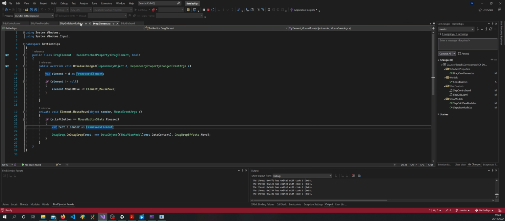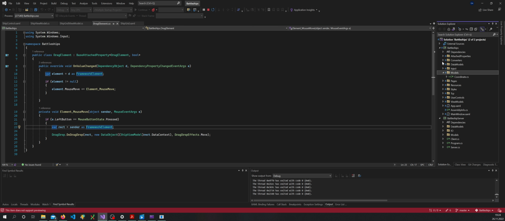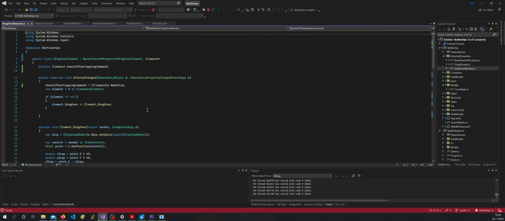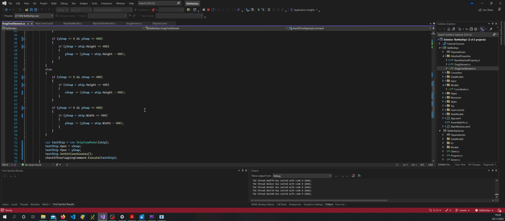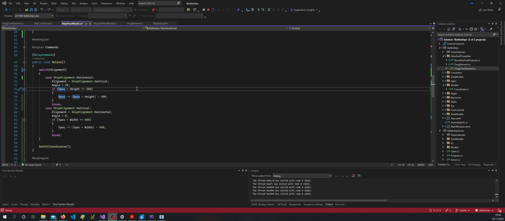I don't see it. Shit. Attach, drag over. Come on, it should be the same as we've done here. Alright. So